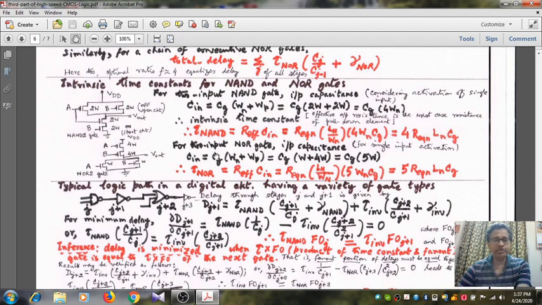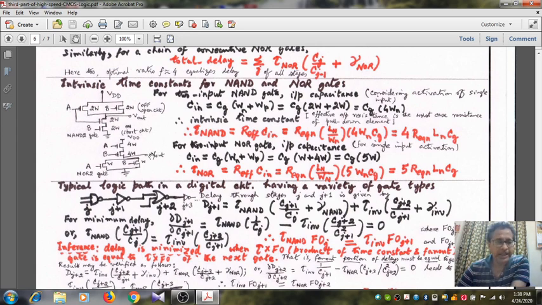On the other hand, for a two input NOR gate, you recall that it consists of two PMOS transistors in series, whereas two NMOS transistors in parallel or shunt. And here we have to consider them to be 4W each. Why? Because the effective width will be 4W and 4W. That means this combination of two transistors will be effective to a single PMOS transistor having width 2W, whereas for the NMOS transistors, as they are in parallel, in the worst case only one transistor will be conducting, so this is W. So here the PMOS transistor effective size is 2W, the NMOS transistor worst case is W, so hence it mimics the behavior of a standard inverter.